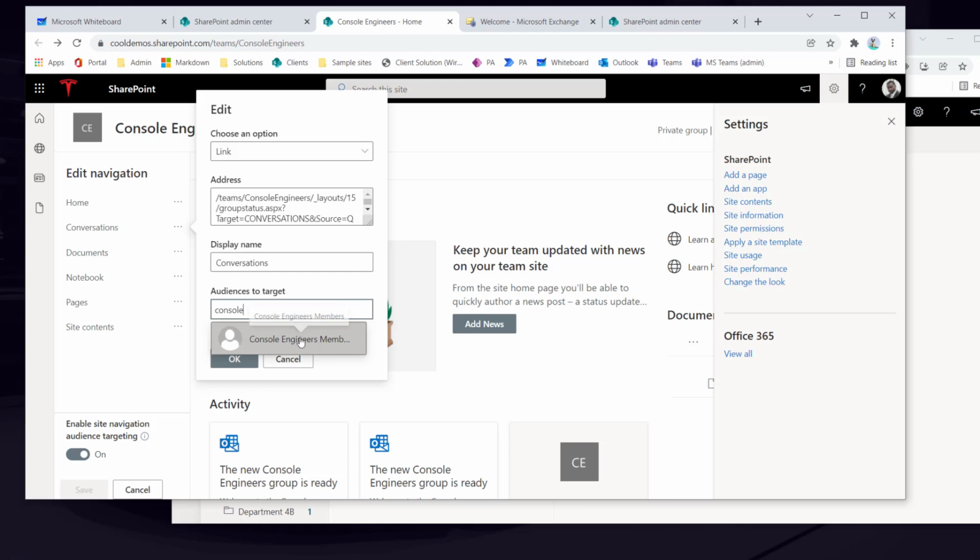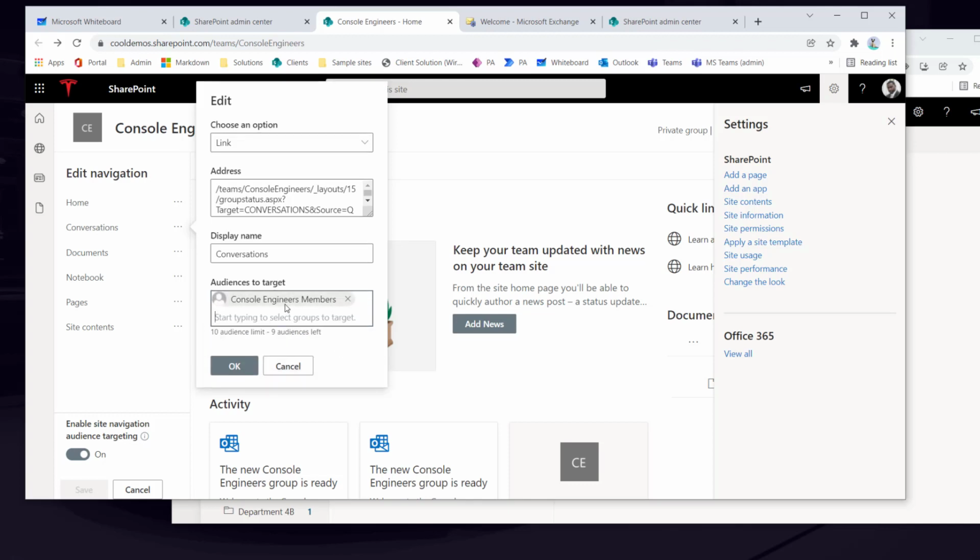This is not the SharePoint security group. This is the Azure AD M365 security group, right? And notice I only have one instance of this. I don't have a group for members. I don't have a group for owners, even though in this view,